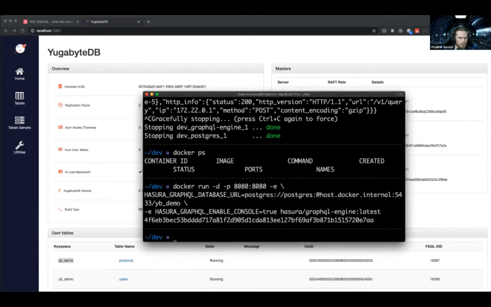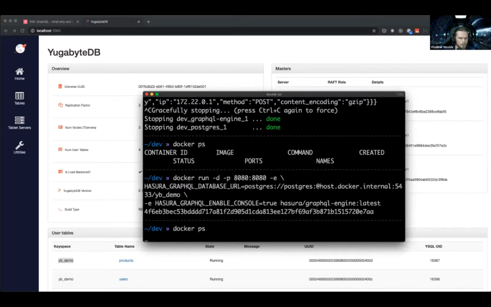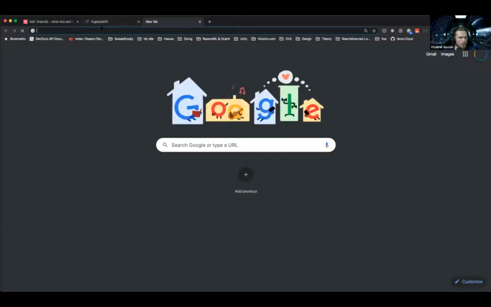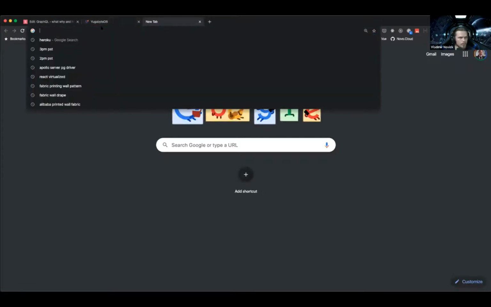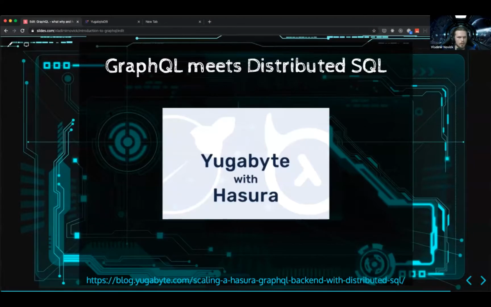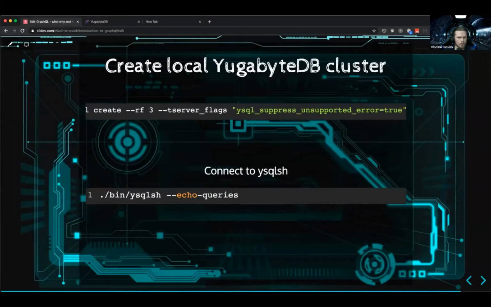So I will run that. Now it will take a bit of time to bring it up online. Meanwhile, while it's getting up, to create a Yugabyte cluster, you use create rf3, and for Hasura specifically, you need to pass this flag. It's suppress unsupported.